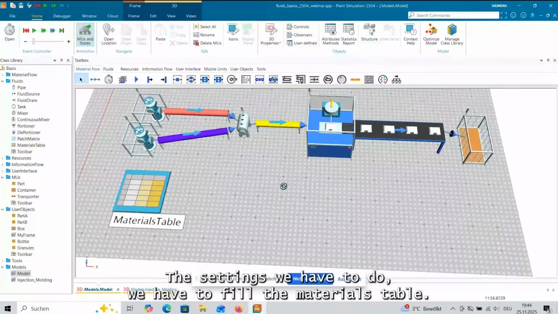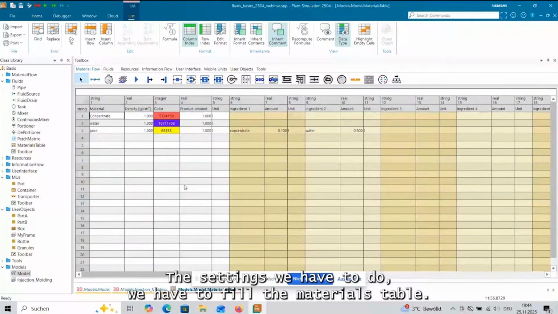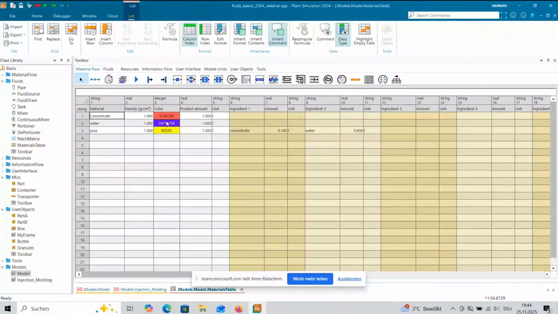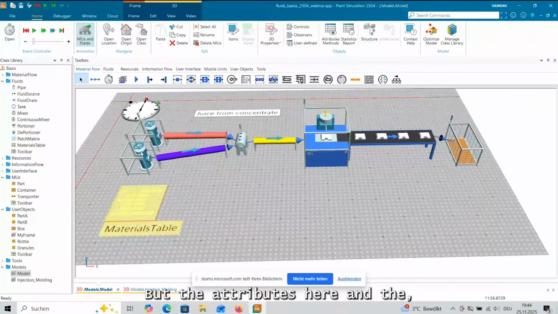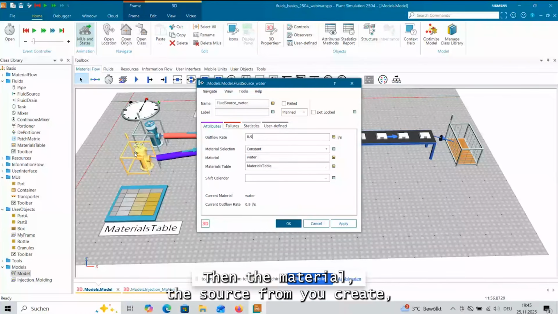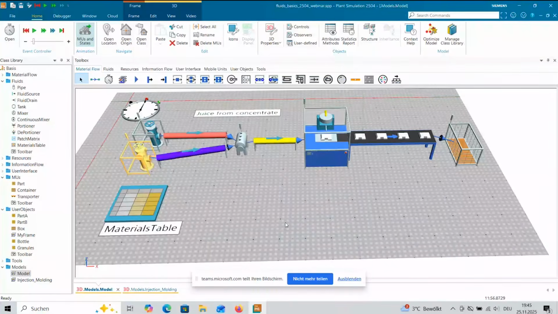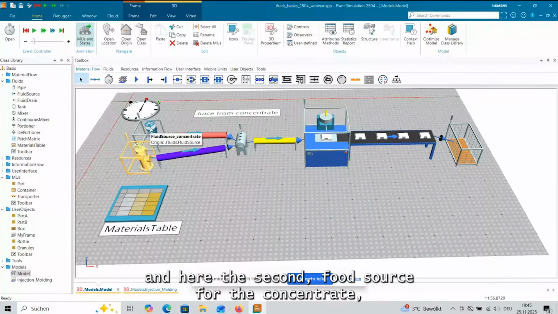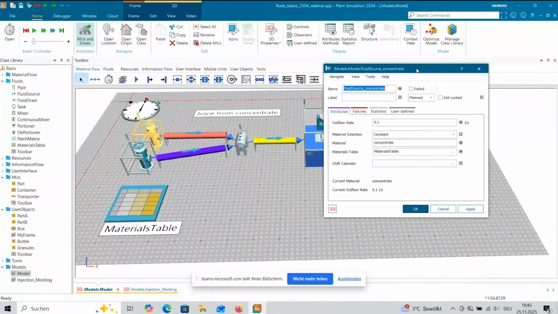Okay, the settings we have to do. We have to fill the materials table. I guess you have seen this. But the attributes here in the fluid source, we have to set an outflow rate. Then the material the source will create, and we have to set the materials table everywhere. And here the second fluid source for the concentrate.